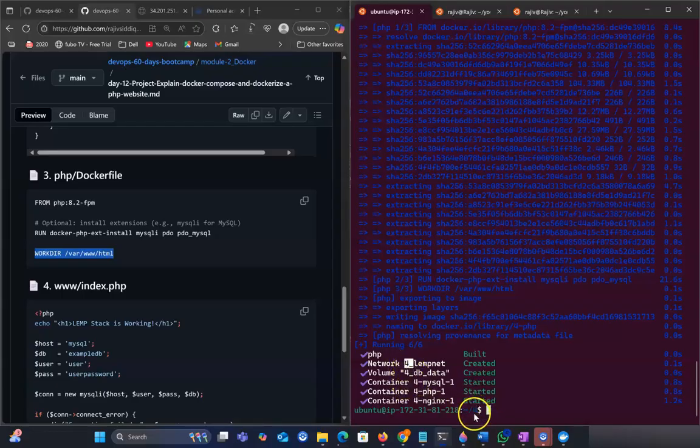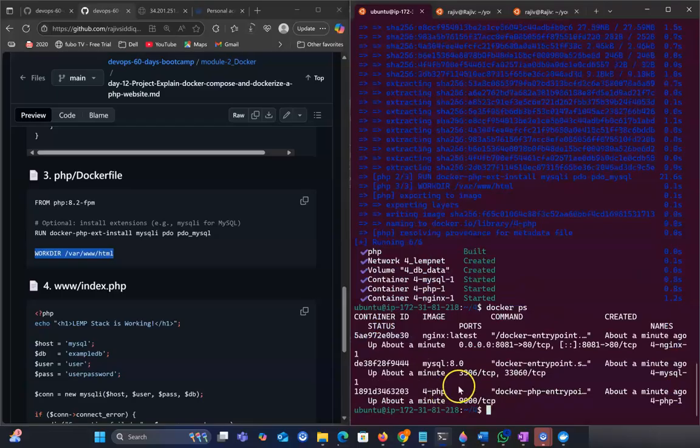If we put project 1, it would show project 1 instead of 4 before all the files. Then comes the service name, PHP, and because it's running only one container, it puts 1. Nginx is running only one container, so it puts 1. If Nginx had multiple containers, or the database had 2 or 3 containers, they would be mentioned here. Now if I run docker ps,